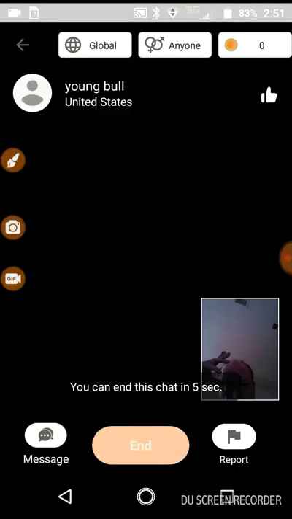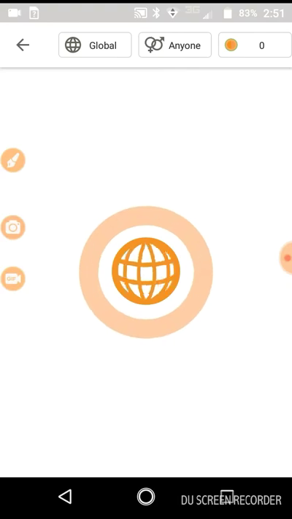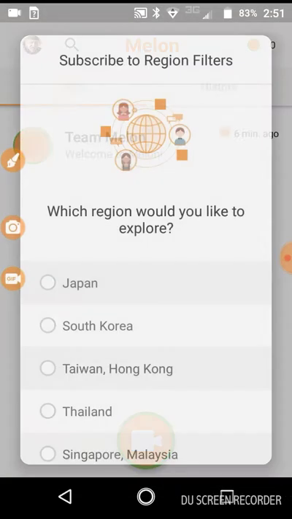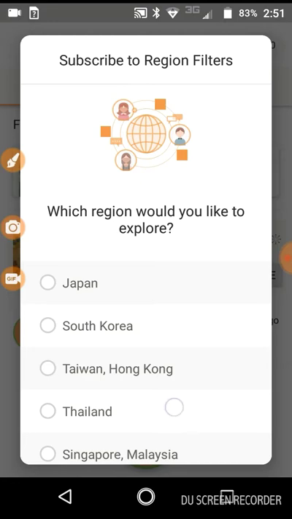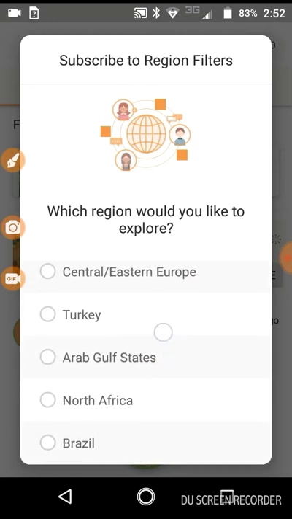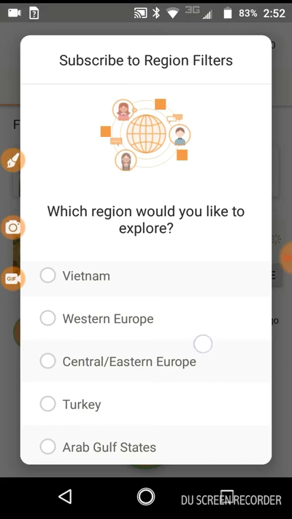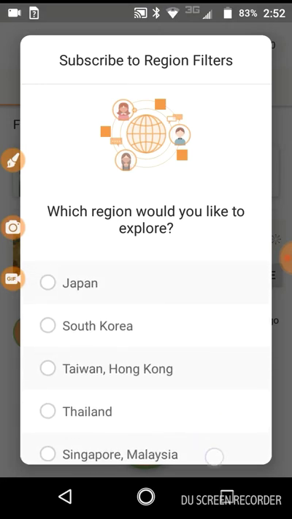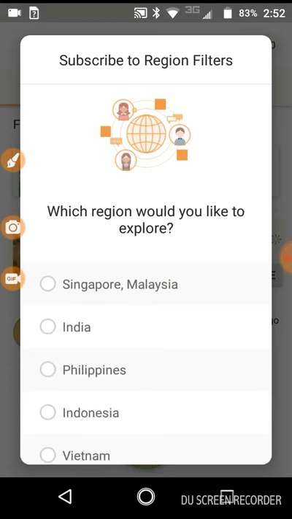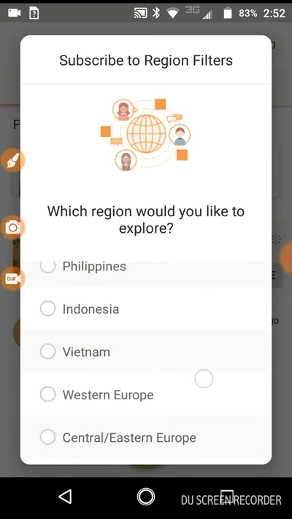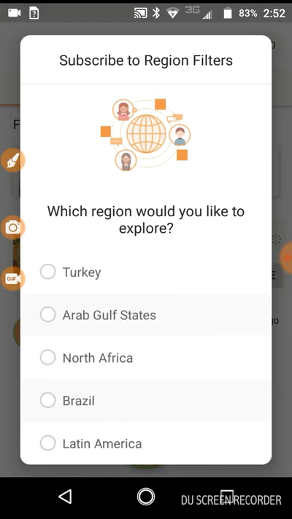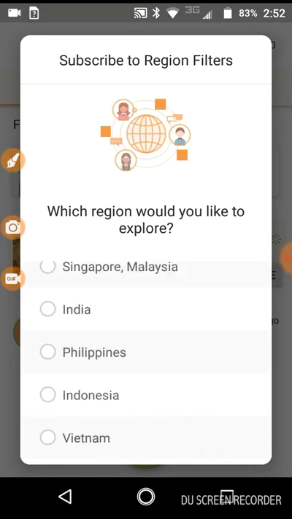Yeah, I'm not so sure what's going on here. Latin America. It doesn't even look like they've got a. I don't even know what to pick here.